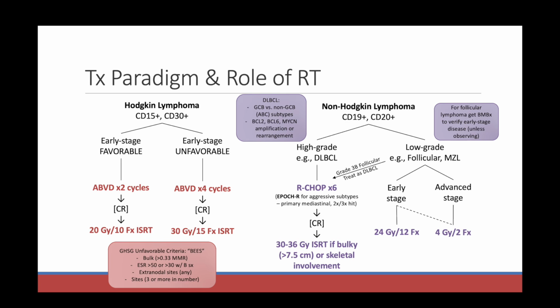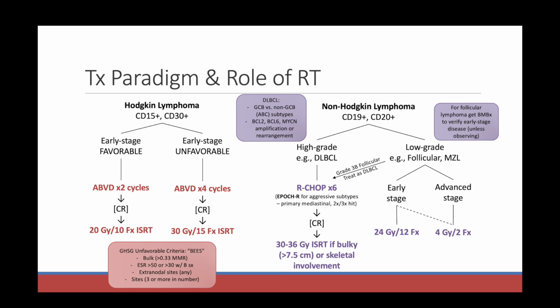So if they don't have any of those unfavorable factors, they are classified as favorable disease, and the management is with ABVD times 2 cycles. Then you get a PET scan, and if they have a complete response on PET scan, you can treat with 20 gray in 10 fractions involved site radiotherapy. And that's a key buzzword for any time you're doing radiation for lymphoma, involved site radiotherapy. So early stage favorable, it's ABVD for 2 cycles, and if they have a complete response, 20 gray in 10